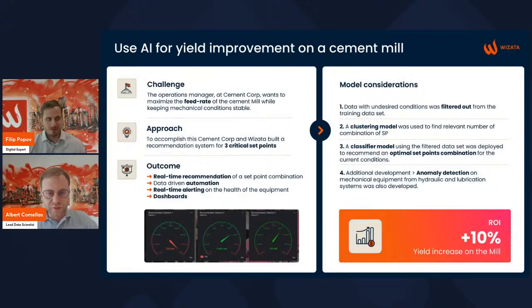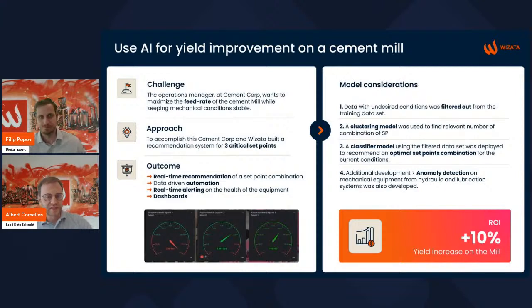Of course. So just let me say we are under an NDA, so without going too deep into the details, the broad idea of the approach we took behind this model was that the goal was to increase the yield of this mill while keeping the mechanical conditions stable, say vibrations and pressures within a certain limit.